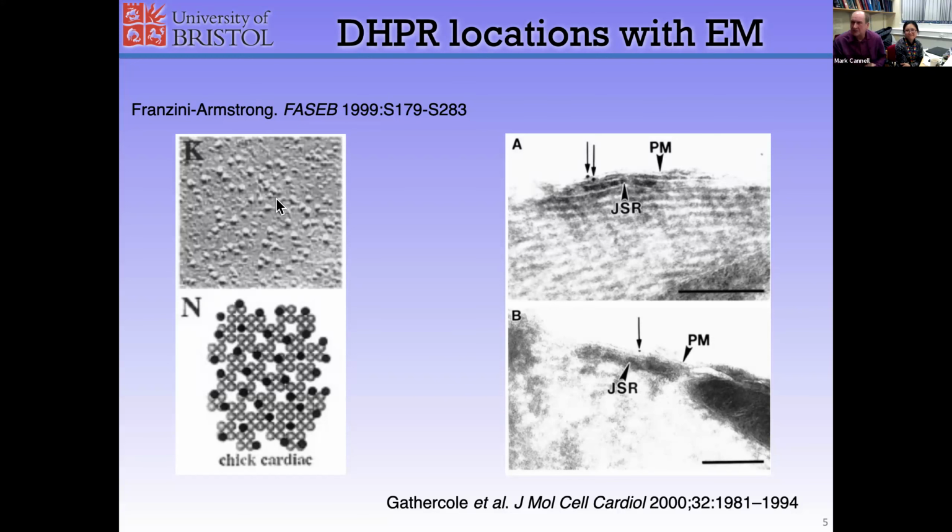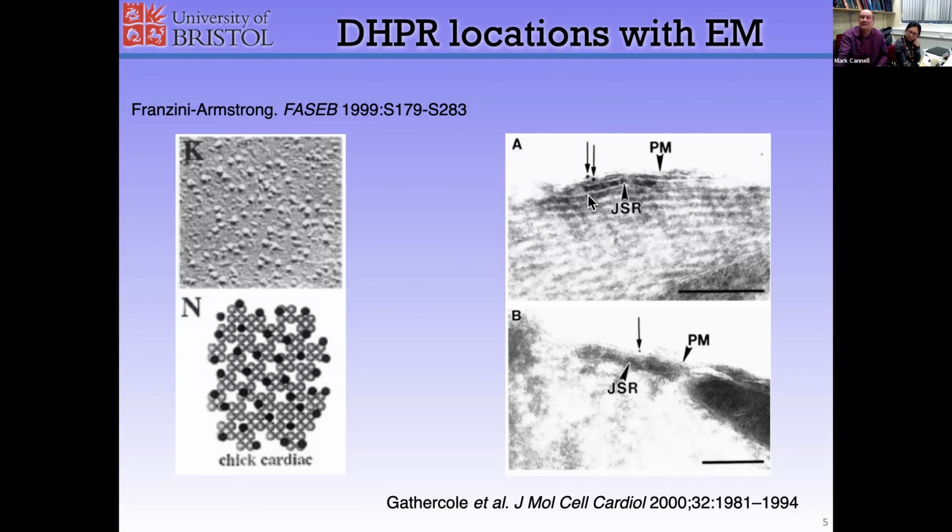But from those images, she suggested that the dihydropyridine receptors were loosely placed over the surface of the underlying junctional SR membrane, where the ryanodine receptors in the form of tetrads might be packed into an ordered array. So although in skeletal muscle, we seem to have a very regular organization of these particles in the membrane, in cardiac muscle, that regular organization was lost, and it's not really clear how they are located with regard to